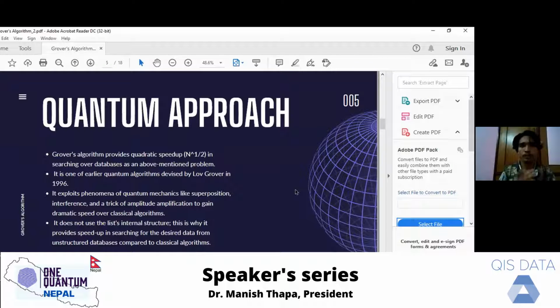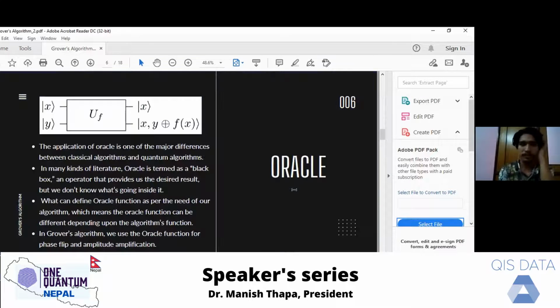On average, it will find that particular data from that huge unstructured database in root n steps, so it quadratically speeds up the search process. That's why it will find the data that we want much faster than classical computers do.